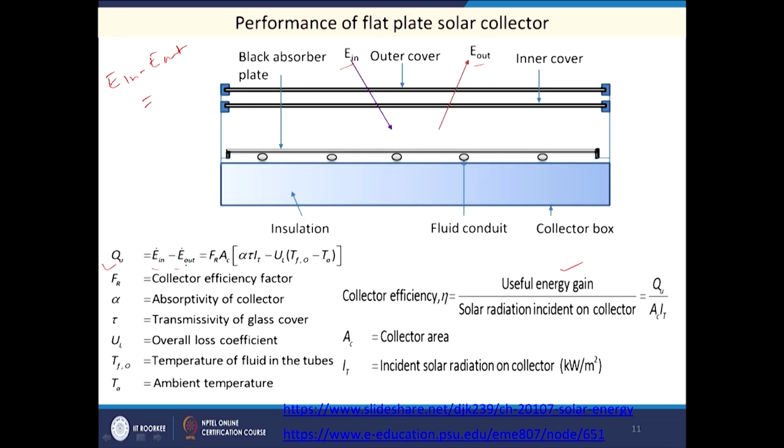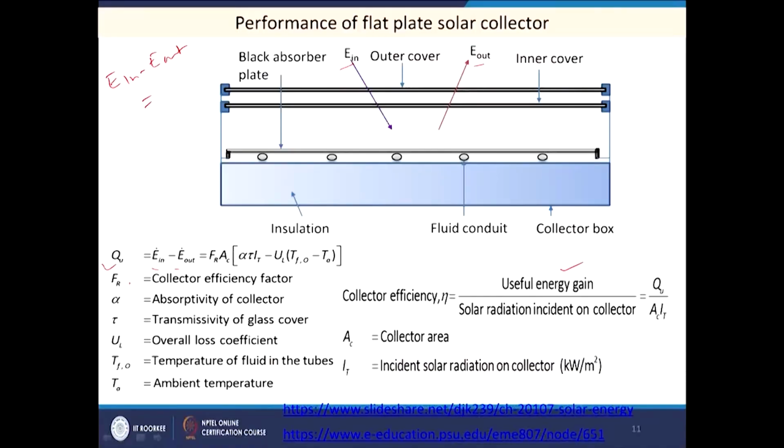Now, this energy which is coming inside will be absorbed first, collected by the collector, then absorbed from the top and transmitted towards the bottom where the liquid is flowing. So, we have two terms here: collector efficiency, which will influence the overall efficiency of the process, then absorptivity of the collector, how well the collector is able to absorb the solar radiation, and then transmittivity of the glass cover. So, one glass cover at the top, how it transmits the light will also influence the